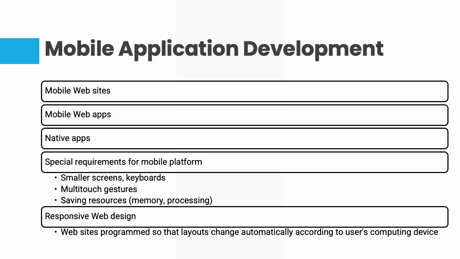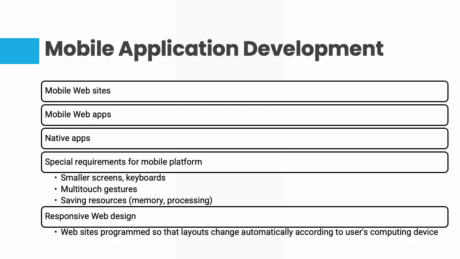And then the last one is called mobile application development. It's basically about creating those apps you use every day on your phones and tablets, like Instagram, Line, TikTok, your banking app, and someone has to build them from scratch. Now there are different ways to do this. You can make mobile websites. They are like regular websites but designed to work well on your phone's browser.